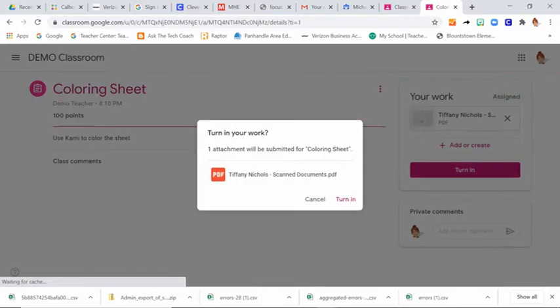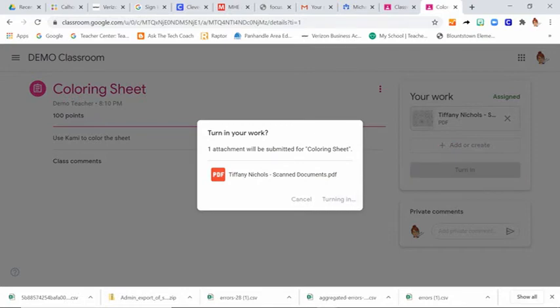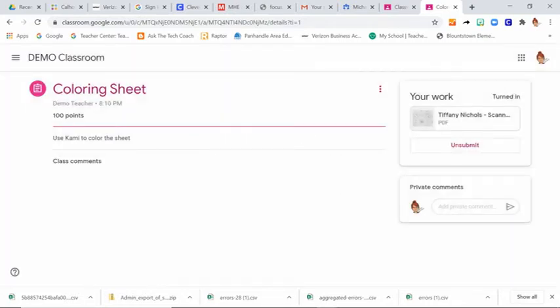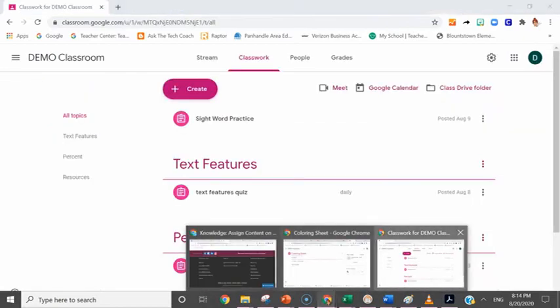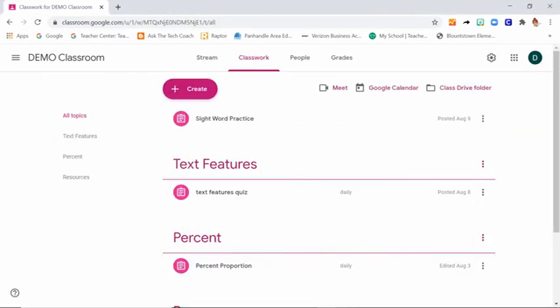It's going to take me right back to Google Classroom so that I can turn it in there, because remember, you have to turn it in in Google Classroom. Okay, and now my teacher can see that I've done that. If I go back over to what the teacher sees,